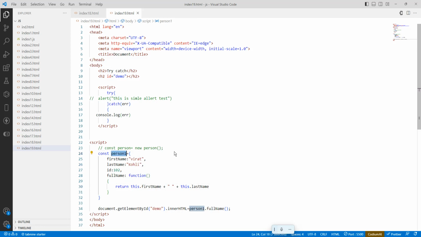So in the integration, what does this mean? So this is a keyword. It is going to be used to refer